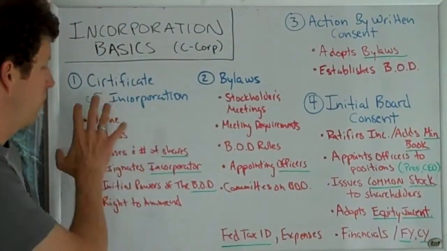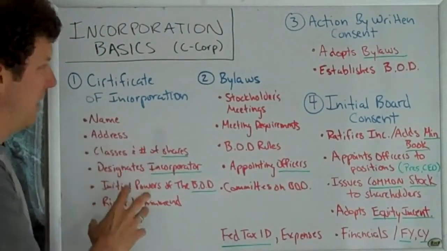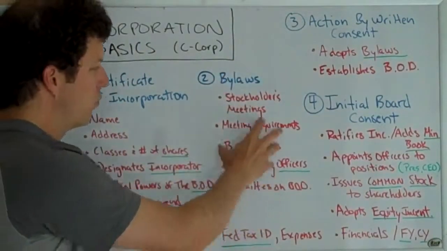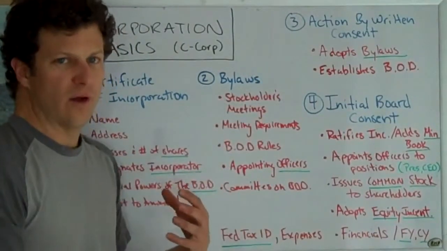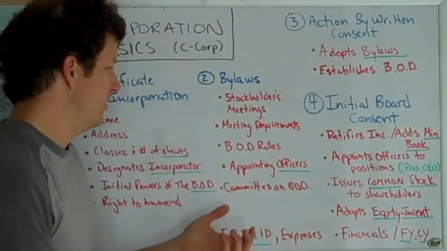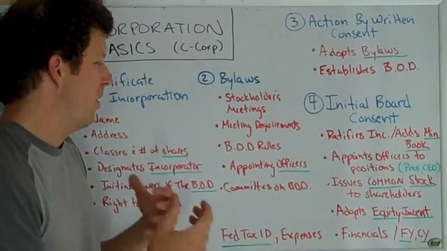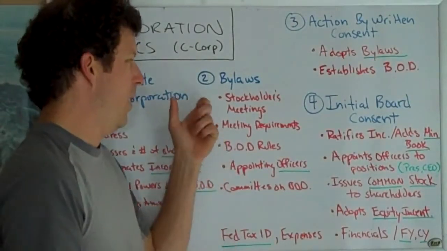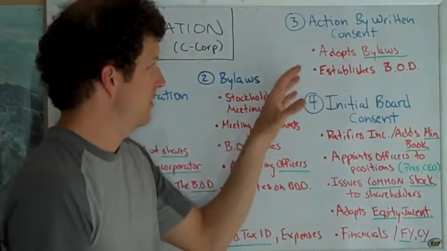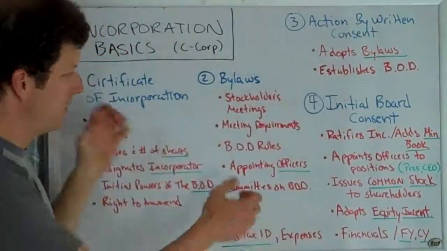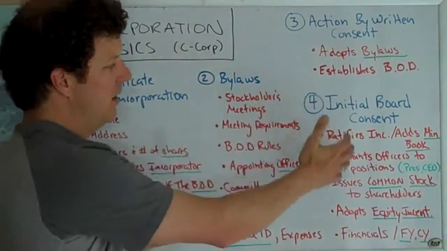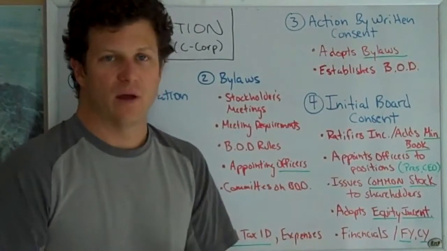So pretty simple, what and where, kind of the basics, the nitty-gritty rules about how things work and what you have to do to get onto the board of directors or to appoint officers or how often meetings are going to happen and under what circumstances. This is just saying, yes, we agree to these things, and then the initial board consent starts laying down some of the